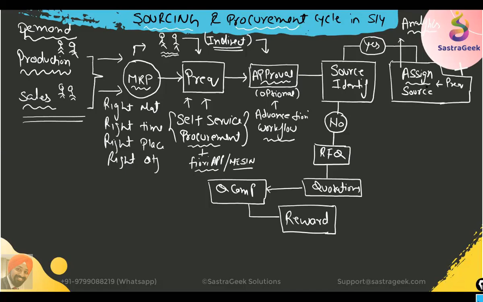Once assignment of the source in the purchase requisition happens, what would be the next step? The next step would be the creation of the purchase order. Again, here also innovative applications are available. Earlier in ECC, we needed to go to multiple transactions. Now very easy track purchase order, monitor purchase order and manage purchase order applications have been given, where you can quickly convert your purchase requisitions into purchase orders and easily manage and track them.